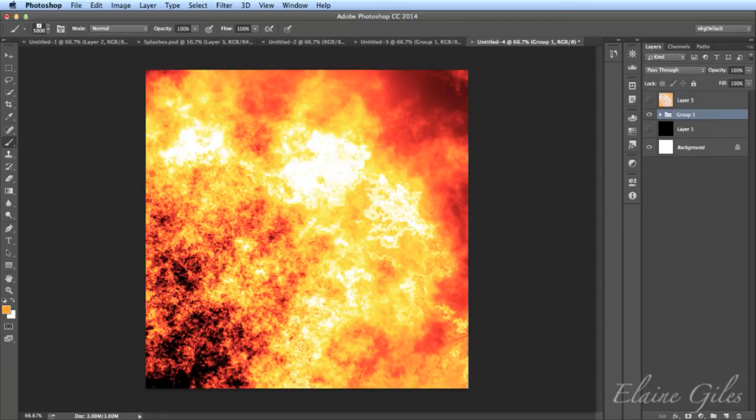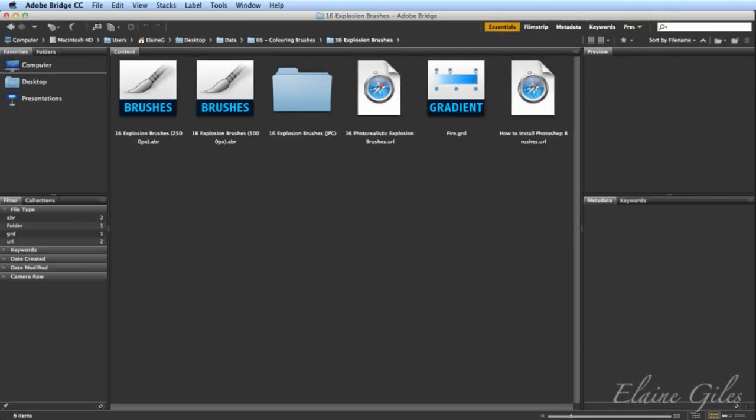Now, that was synchronizing brushes, syncing your settings. But one more thing to think about with brushes, and that is when you've got lots and lots of brushes, previewing them is a problem. As you've seen tonight, I told you I can't preview that. There's no preview. If I go into Adobe Bridge, so I've got Adobe Bridge installed, there's Adobe Bridge, and it's pointing to a folder that's got the explosion brushes in it. And although it's an Adobe application, and what it's for is for previewing files, and it previews other files, it previews JPEGs, it previews Photoshop, InDesign, Illustrator, it's fantastic. It does not preview brushes.